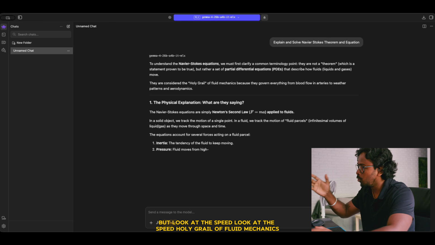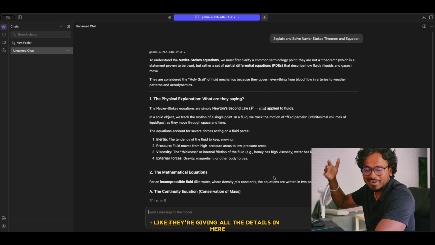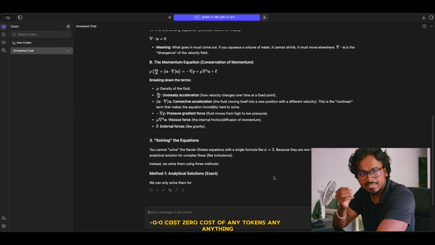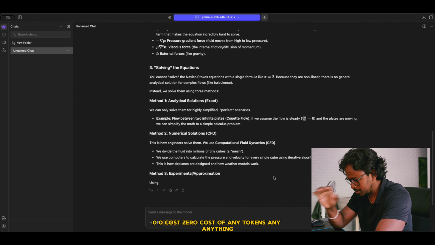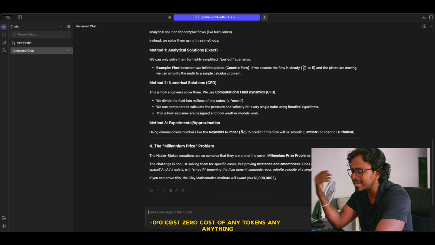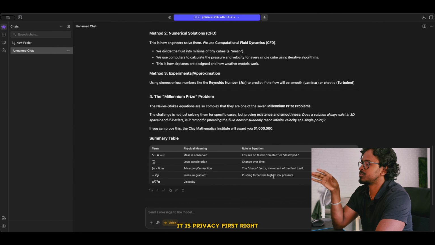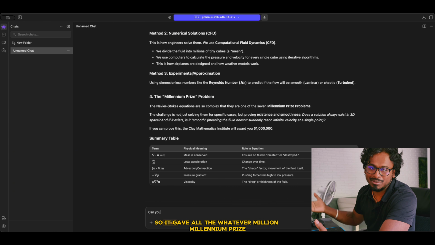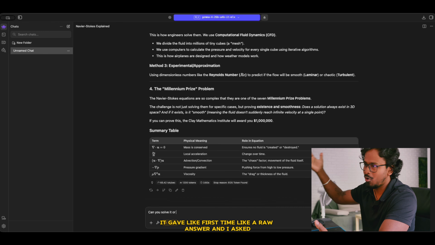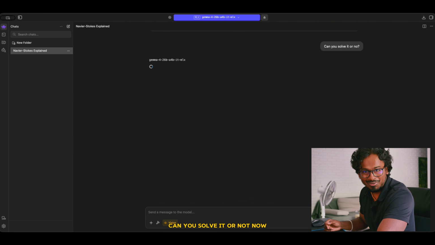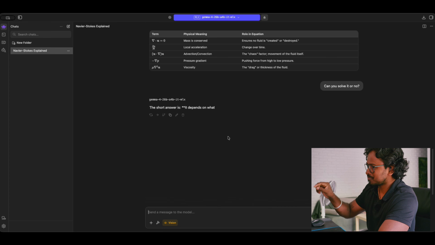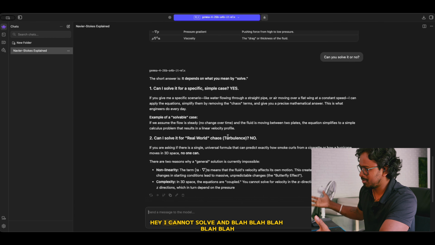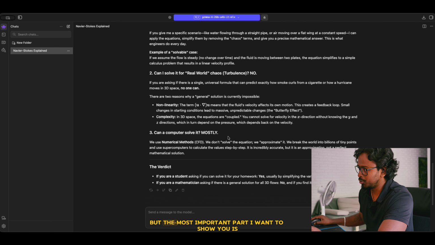Look at the speed. Holy grail of fluid mechanics. They are giving all the details in here. By the way, zero cost of any tokens, anything. Everything is inside. It is privacy first, right? So it gave all the whatever millennium prize. It gave like first time a raw answer, and I asked, can you solve it or not? Now of course it's saying like, hey, I cannot solve it, and so on. But the most important part I want to show you is